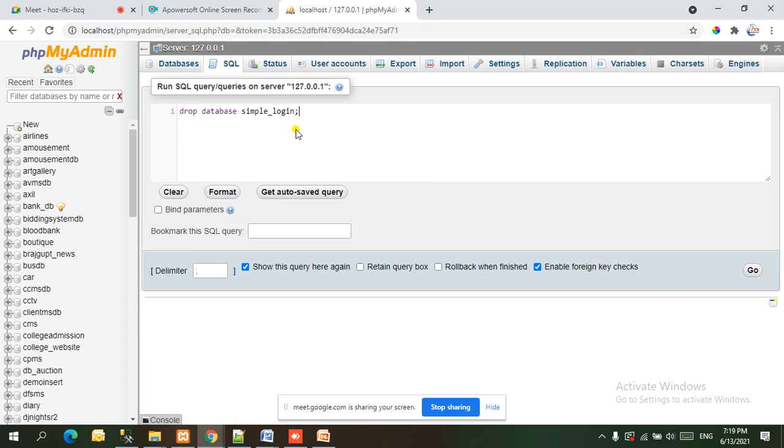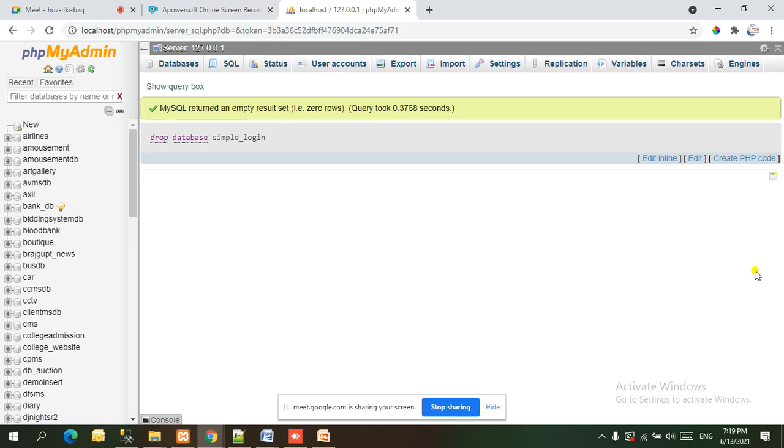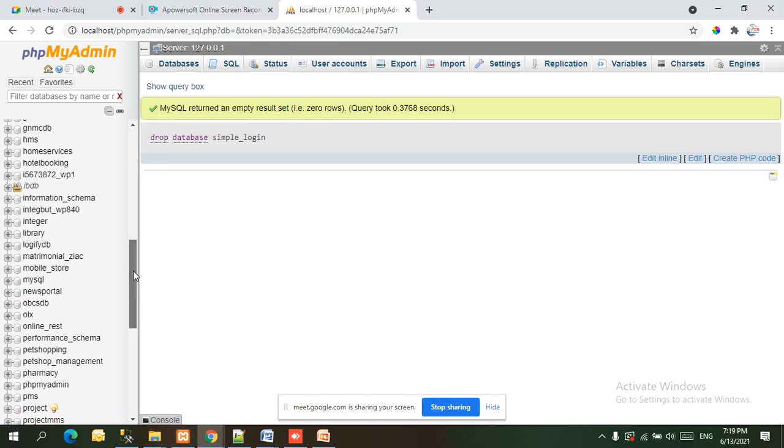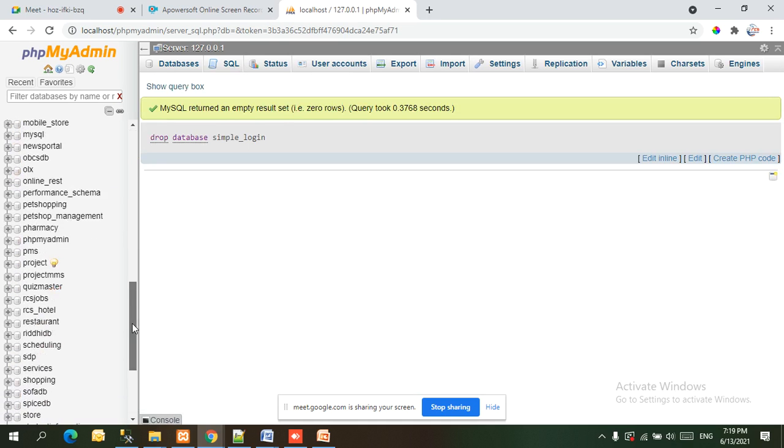Why is it giving an error? No, it's not giving an error. Let's click on go. So database MySQL returned an empty result. Query this drop database. What happened? This simple login is still here.